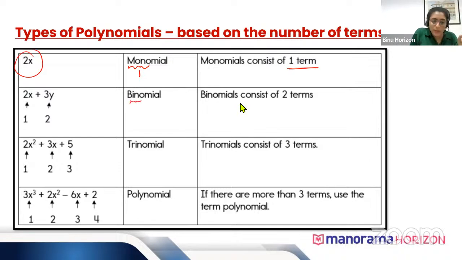What does binomial mean? Bi means 2, so it consists of 2 terms. The example shown here is 2x plus 3y. The first term is 2x and the second term is 3y, so it consists of only 2 terms. If you are asked to write a binomial, just write 2 terms. And if it particularly says that its degree should be so and so, then you have to be very